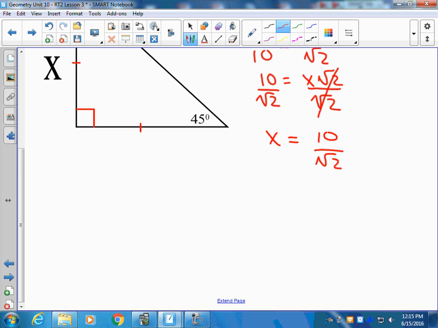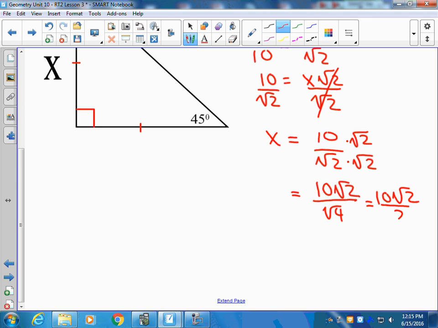When we're looking at mathematical process, we don't want to have a radical in the denominator, so what we need to do is what's called rationalizing the denominator, multiplying the top and bottom by that denominator value. And now we've got 10 square root of 2 over the square root of 4,